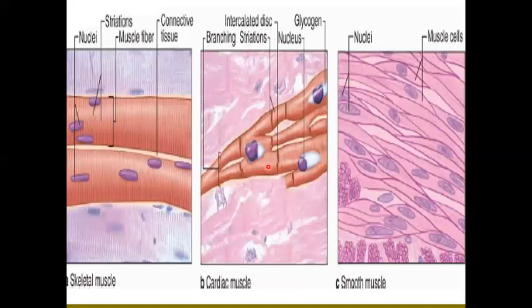But if you compare the number of nuclei, cardiac muscles have a single nucleus. Here we have multiple nuclei. In addition, cardiac muscles have these darker vertical lines, bigger ones actually. We call them intercalated discs. These represent joints or junctions between two muscles. So this is one muscle, that's another muscle here. In addition to that, observe that cardiac muscles are branching. We have this muscle splitting in half,